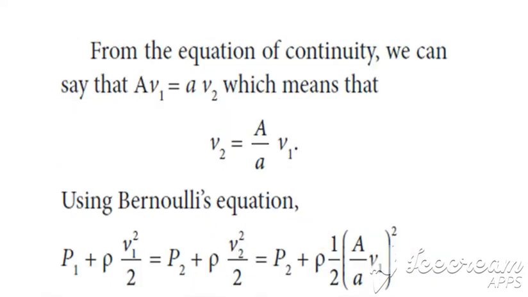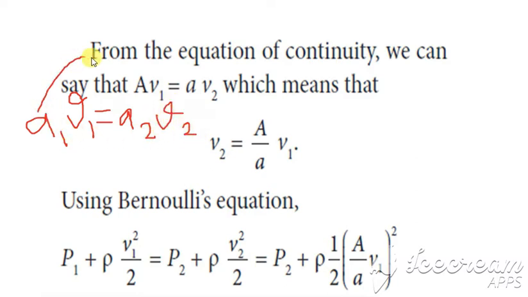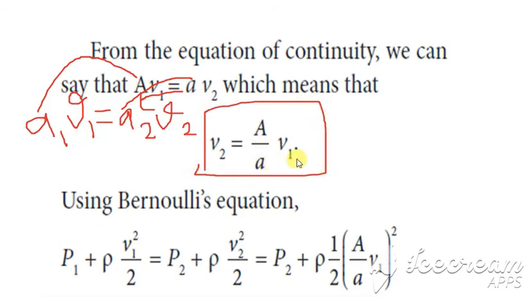Now if we have to find the equation of motion, from the equation of continuity, a1 v1 is equal to a2 v2, is it not? Here instead of a1 it is written as A, and a2 is written as small a. If we have to find the value of v2 alone, bring this A down, so we get v2 equal to A divided by a into v1. Applying this in Bernoulli's equation, P plus rho V1 square by 2 equals the same on the other side. Now instead of V2, we are going to substitute this value, so it is A by a into V1, the whole square.